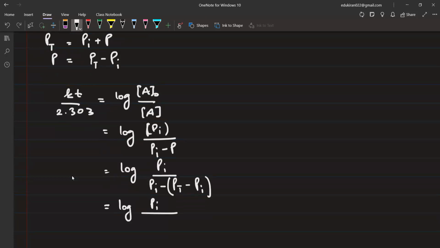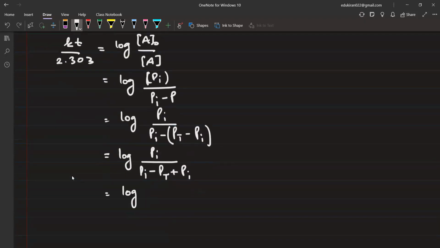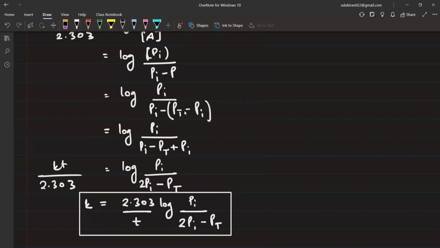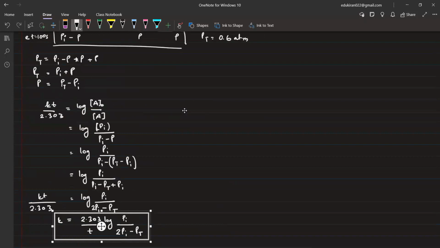Now I can write this will be equal to log of Pi divided by Pi minus Pt, minus and minus will become plus Pi, ठीक है। तो इसमें क्या लिख सकते हैं, is equal to log of Pi divided by 2Pi minus Pt, ये क्या हो जाएगा, Kt upon 2.303। Now K will be equal to 2.303 divided by time, log of initial pressure divided by 2Pi minus Pt। Pi और P total आपके पास है, प्लग इन करके K का वैल्यू निकालिए।